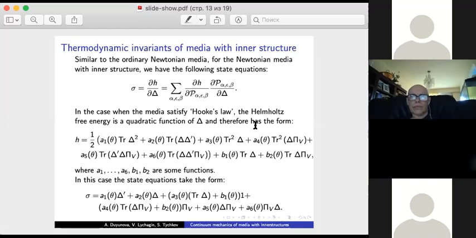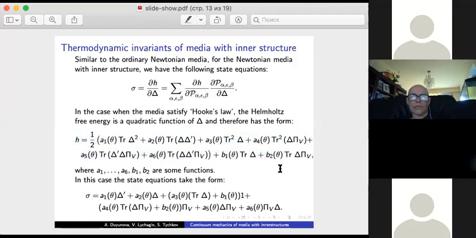So similarly to the ordinary Newtonian media, by ordinary we mean that they do not have any inner structure, we have the following equation of state. And if we again assume that this media satisfies some kind of Hooke's law, that is, the Helmholtz free energy is a quadratic function of the deformation tensor, in this case H will be